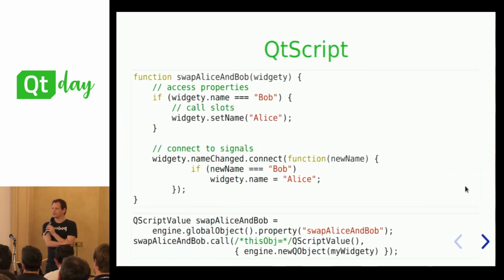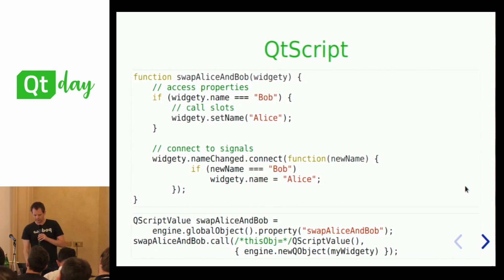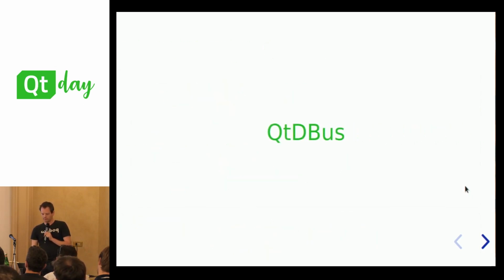And this property system can also be used from QtScript. So in QtScript, we can expose our widget from before, and then we can query the name, call signals, call slots, connect to signals, read and write properties. And so all the properties that are accessible from C++, we can access from QtScript. QtScript was introduced in Qt 4.2, and now